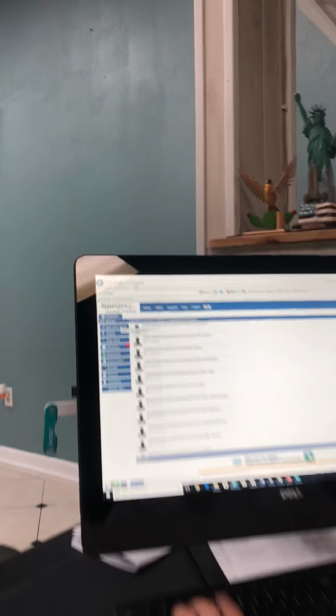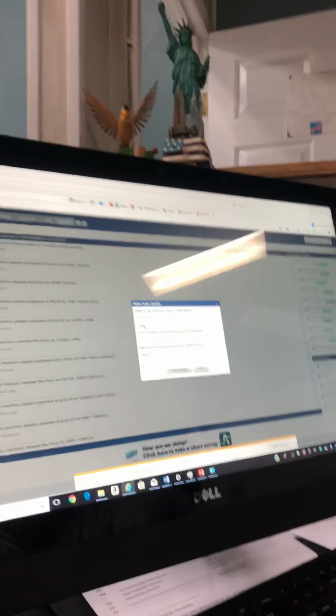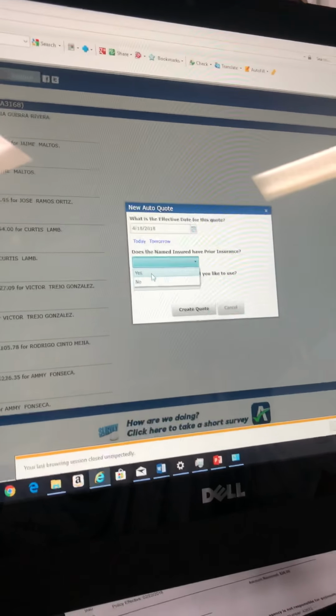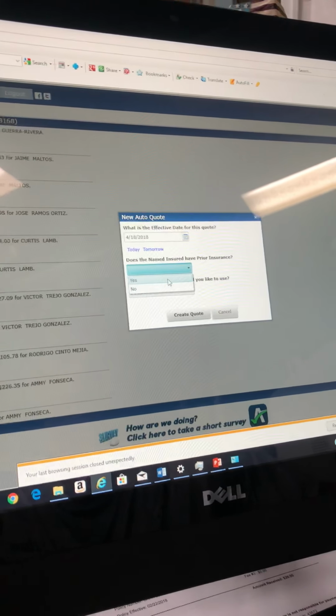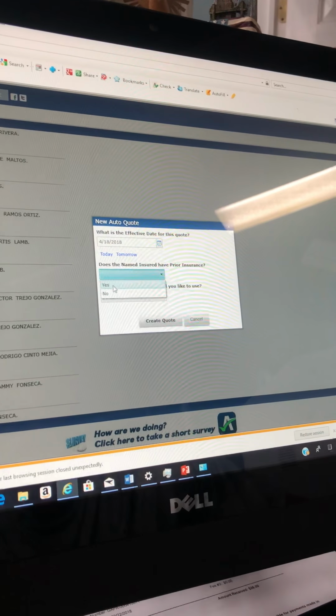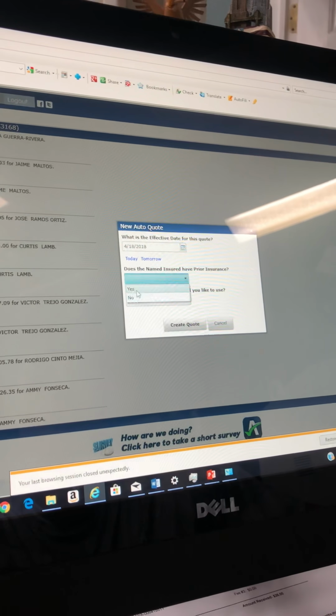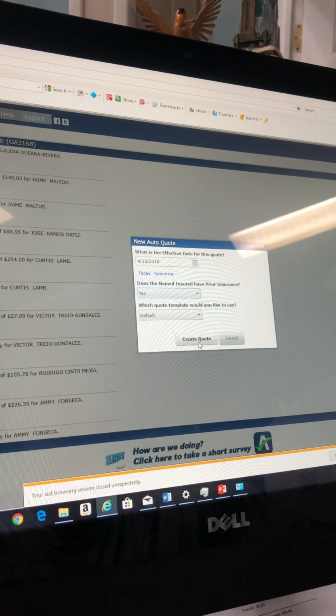You go to New Auto Quote, select today's date, and then you ask the customer if he's ever had insurance before. Either it's a yes or a no. In this case, we're going to do yes. And then go to create quote,